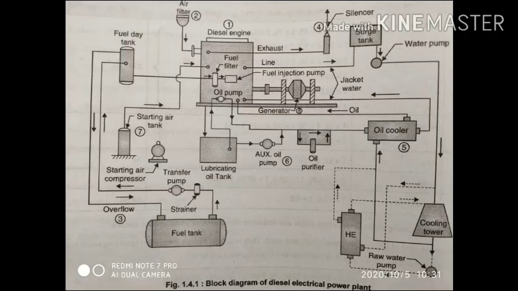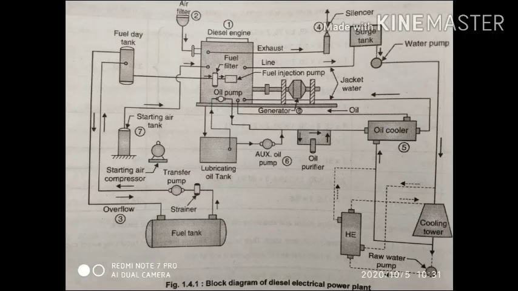Strainers are provided to remove suspended impurities and thus ensure clean fuel supply to the engine. Heaters are required to heat the oil especially during the winter season. The fuel oil is supplied at the plant site by rail or road. The fuel is stored in bulk storage tanks, which are usually situated outdoors for safety.